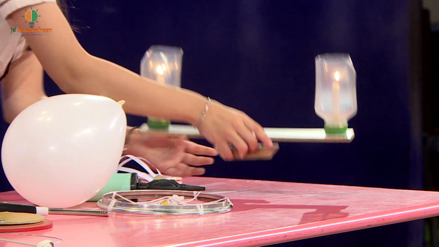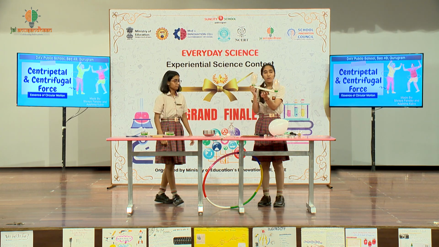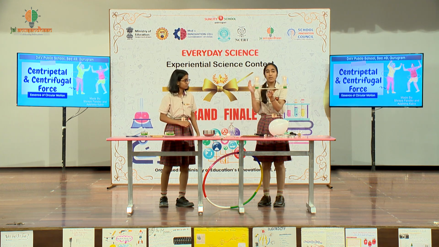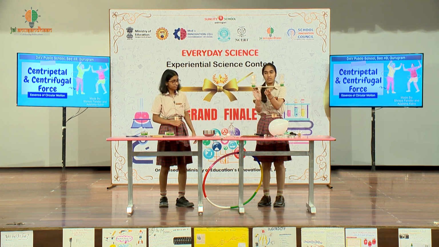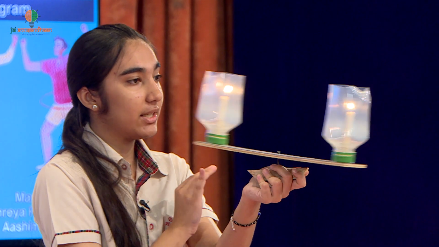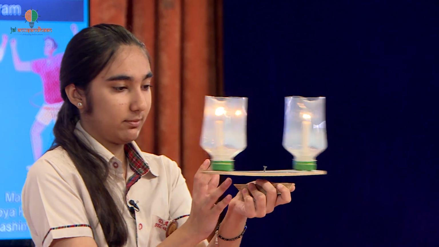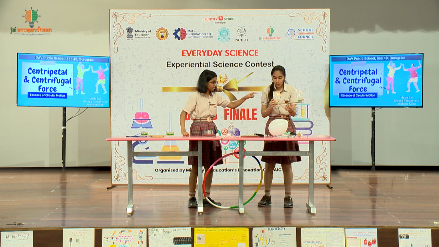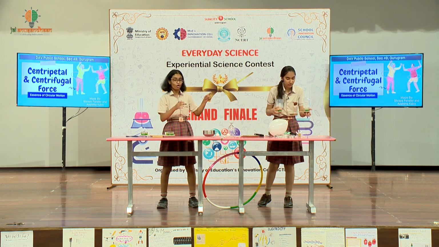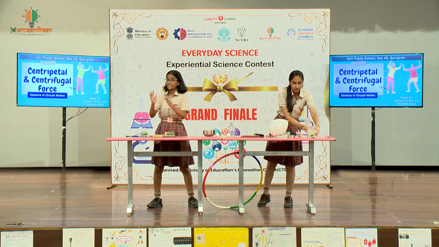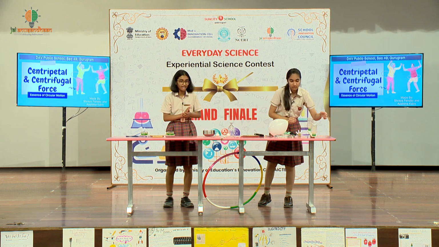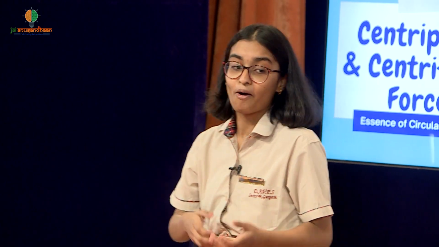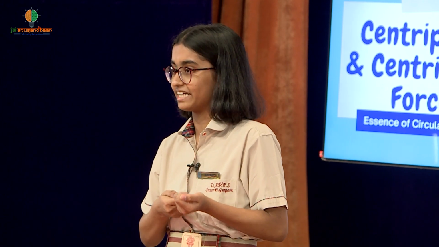So, Ashima is just going to rotate the setup. I want you all to focus on just one candle and it will turn inside, that is towards the center. Can you see the flame of the candle turning inside? Yes. Did you see that the candle flame always pointed towards the center, irrespective of where it was in the circular path? Simply put forward, centripetal force is like a magic rope, always pulling the object towards the center, preventing it